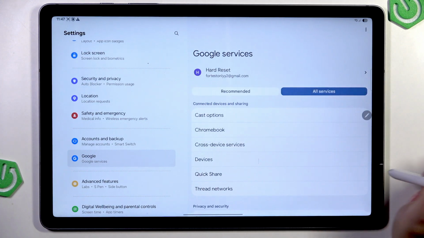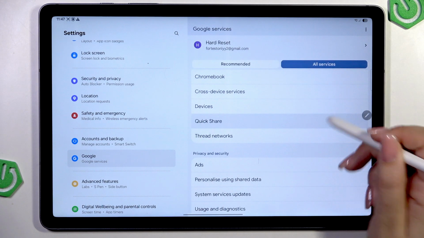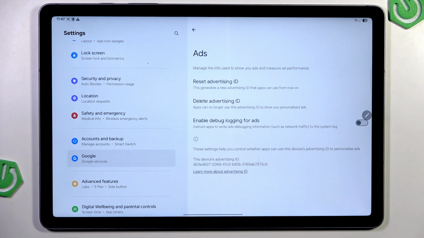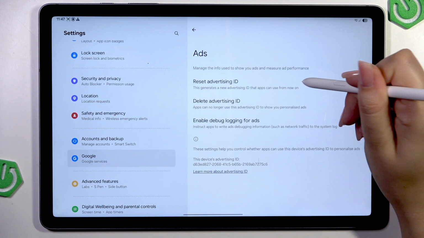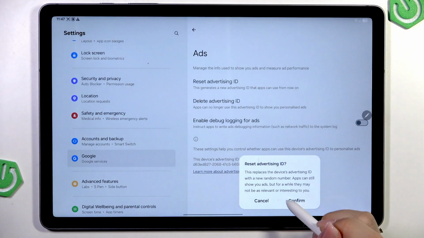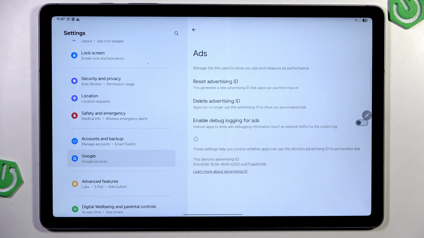And here let's tap on all services. Then scroll down and go to ads. And as you can see here, we've got our advertising ID, thanks to which our device shows us much more personalized advertisements. So first of all, I highly recommend to tap on Reset Advertising ID, so you will reset it,